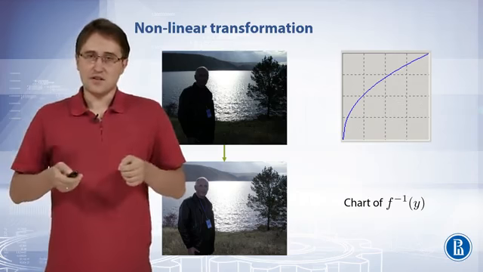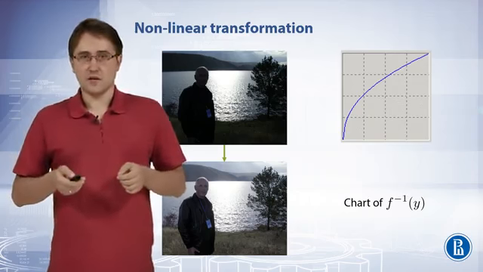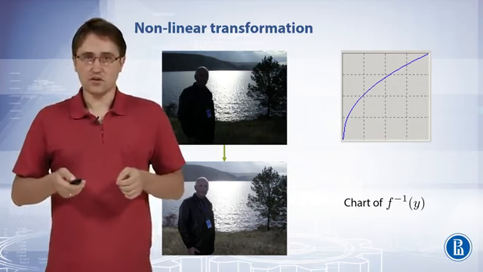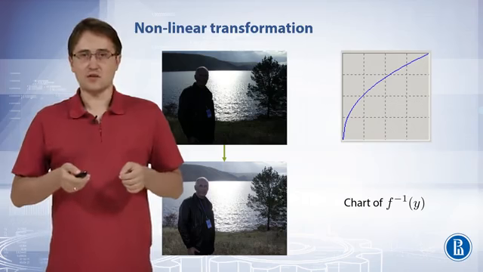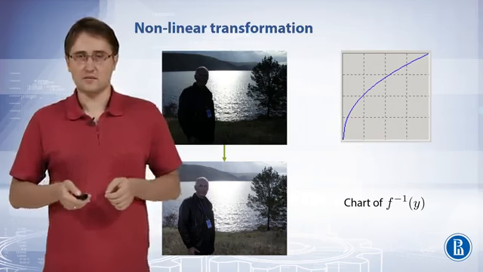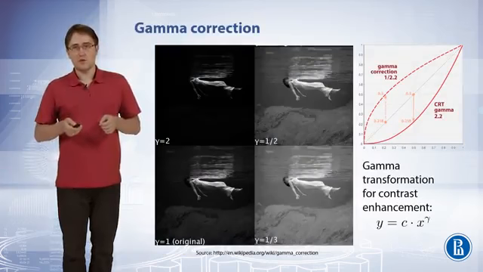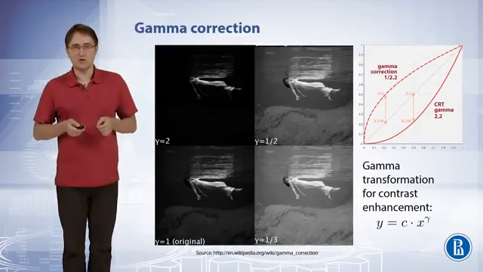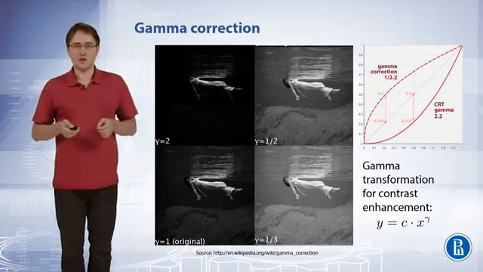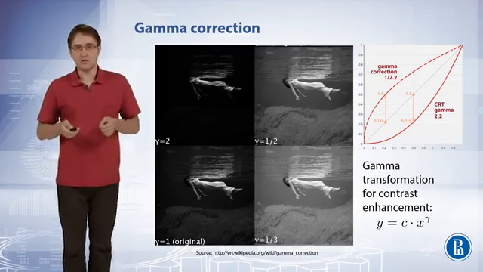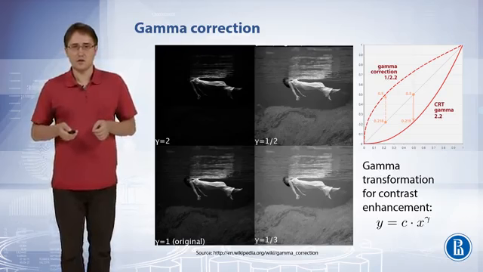We should devise the parameters of nonlinear transformation in such way so that contrast in dark areas should be improved, and in bright areas the contrast can be reduced or flattened. We can visualize the mapping function with a curve. The most basic parametric form for such curve is gamma transformation. Gamma transformation is often used for contrast enhancement.